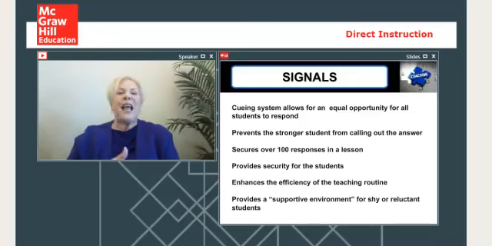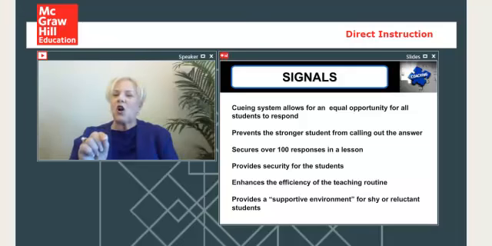But this helps your teachers. Instead of getting 3 or 4 answers in 30 minutes, your teachers are going to be able to get a minimum of 100, and frankly it should be 200 to 300 responses per minute. So you're securing a lot of teaching. You're keeping the kids engaged. But one of the important parts of that signal